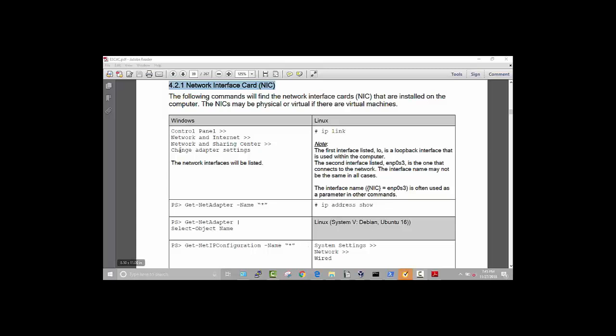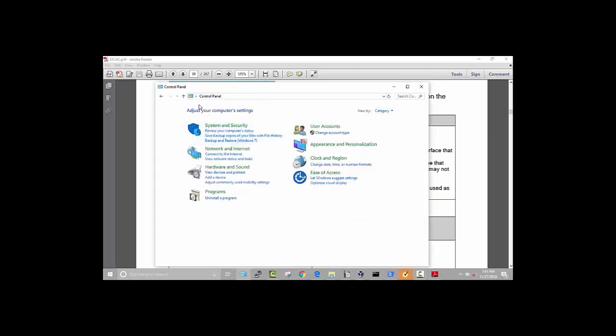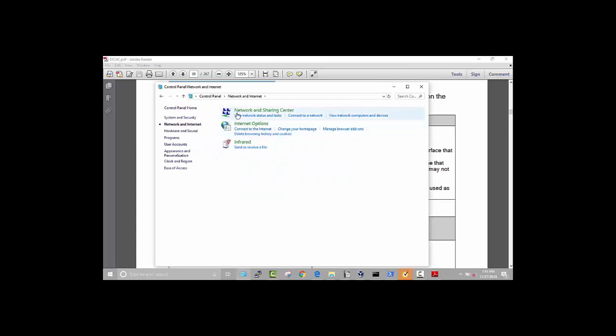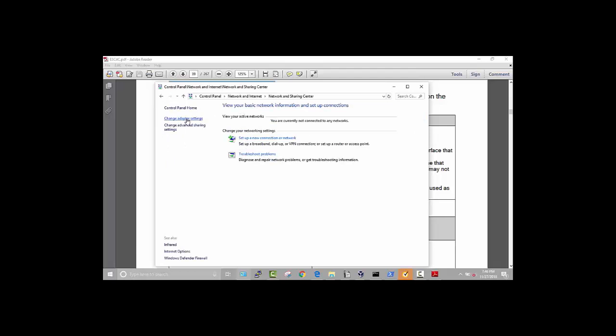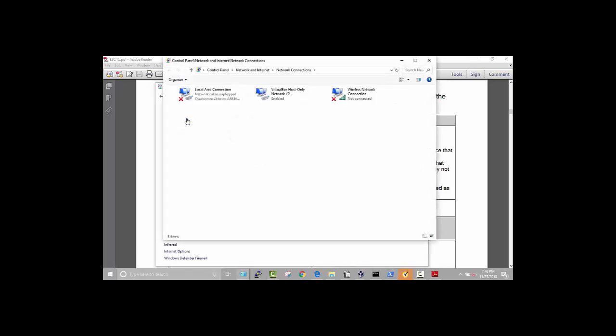and so we can do that in Windows either with a GUI or a command line interface. So let's look at the GUI approach first, and we'll go to Control Panel. Once we're at Control Panel, we click on Network and Internet. We click on Network and Sharing Center, and we click on Change Adapter Settings. Now the reason we're going here is because this will show us all the adapters or NICs that we